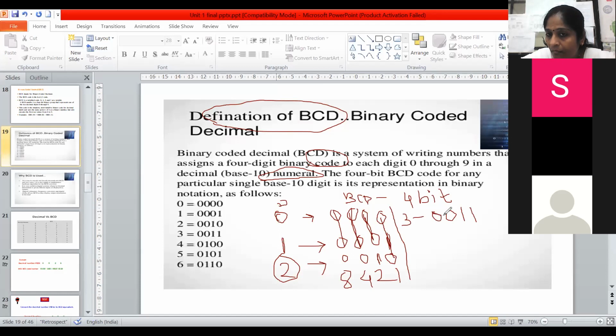Addition of 2 plus 1. Yes, very correct, very good. Addition of 2 and 1 is 3. Now what do I want? I want 3. But is the number 3 directly present in this? What position, what weightage is in this? In this there is 1, in this there is 2, 4 and 8.